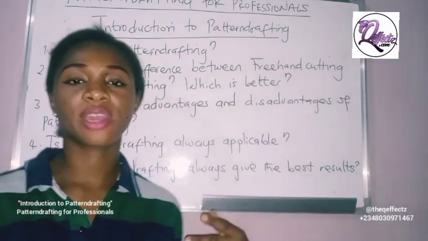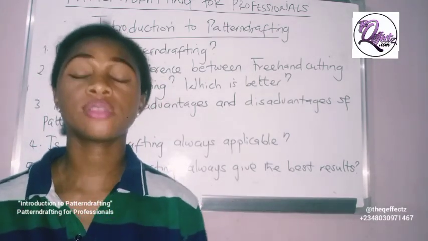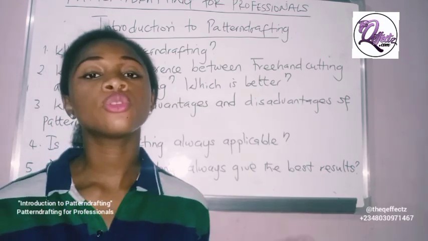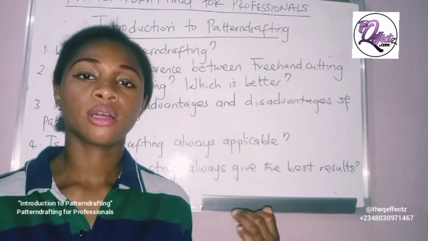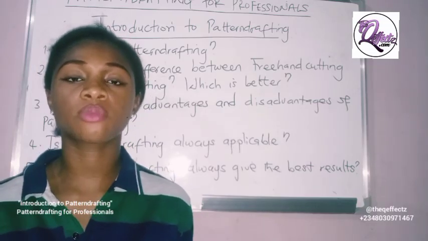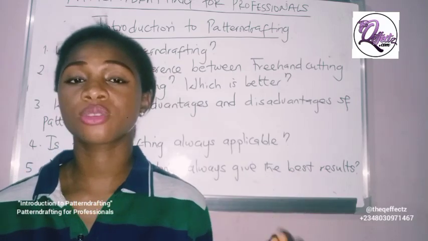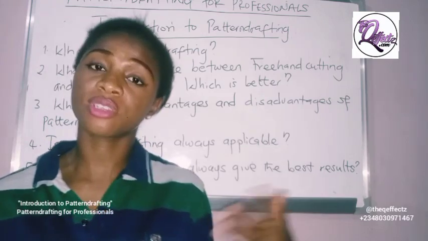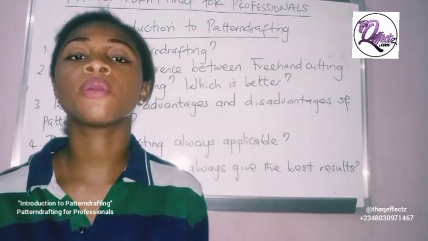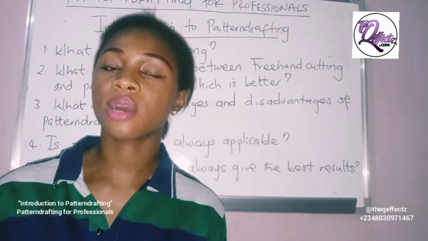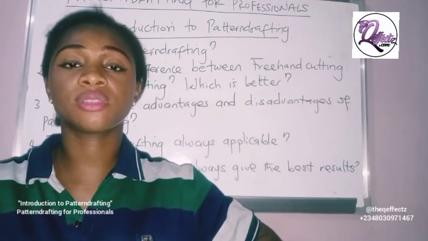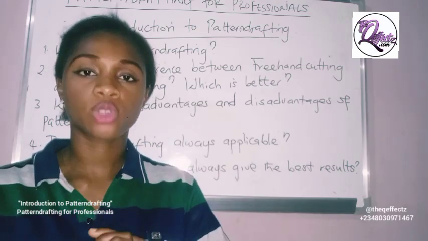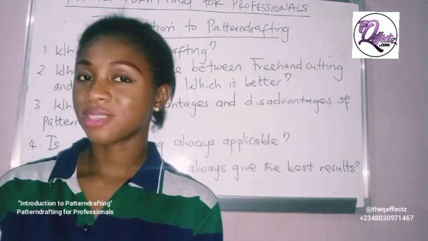So let's say I have the idea of an asymmetric dress and I don't know how it will look on a particular type of fabric, or I want to include a color block somewhere, so I don't have any idea of how it's going to look like. So I'll test out this design on a square fabric or a piece of paper, and then see how it will look at the end of the day. If I'm satisfied with the result, I can then go on to use this template on my actual fabric. Do we understand now?